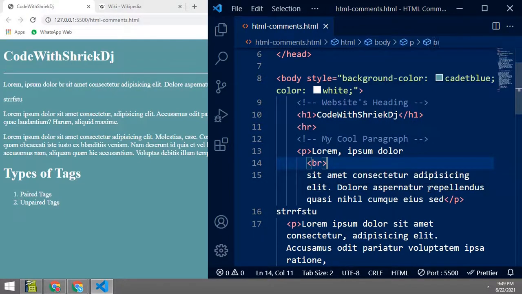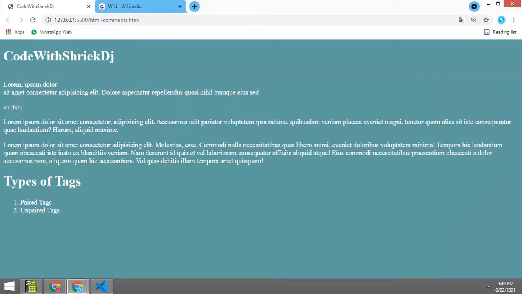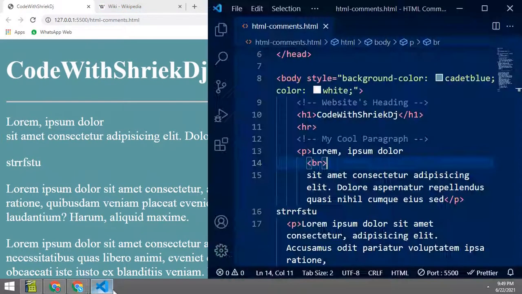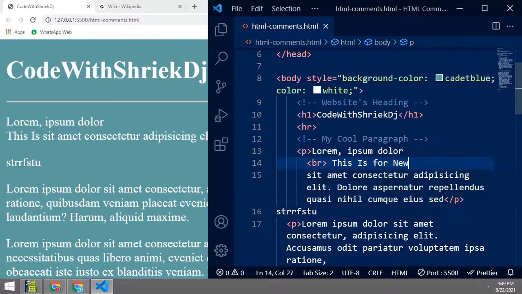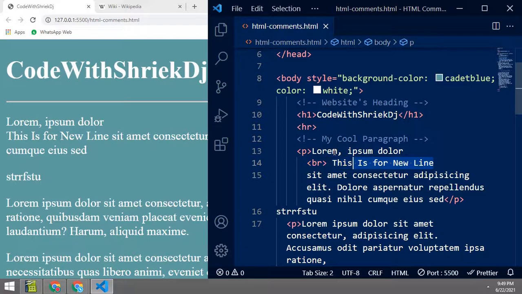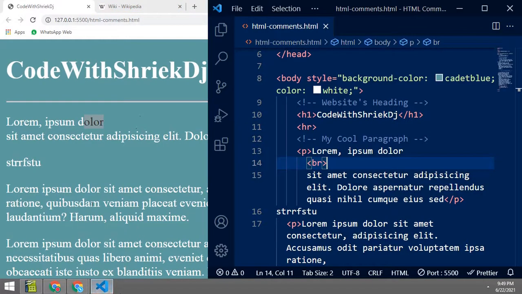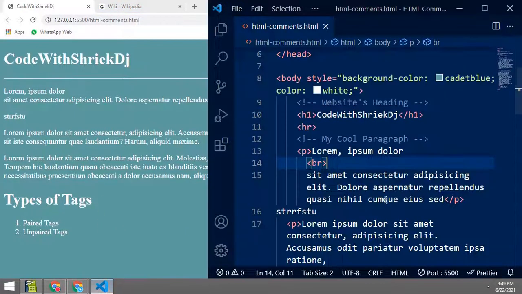For a new line we have to add a break, which is normally called a line break. It is similar to a break in Word files. A line break adds a break in the document or our web document.